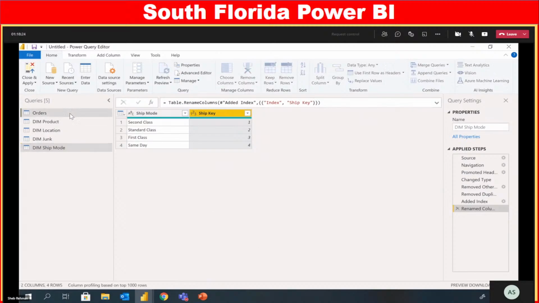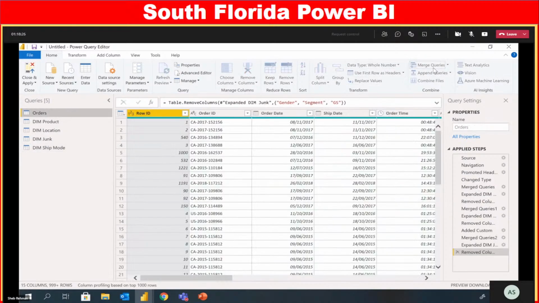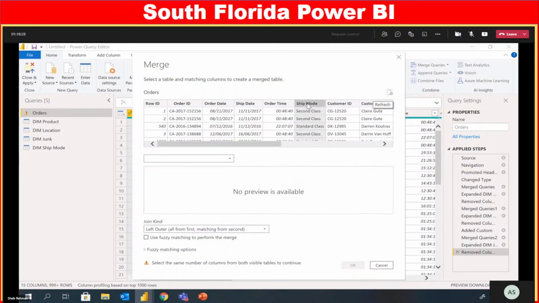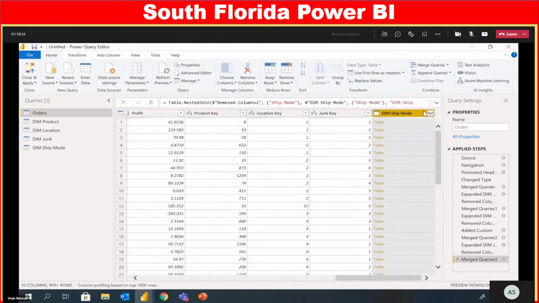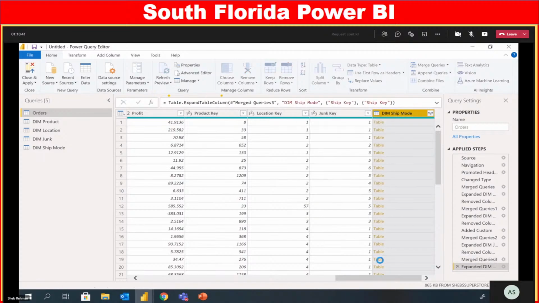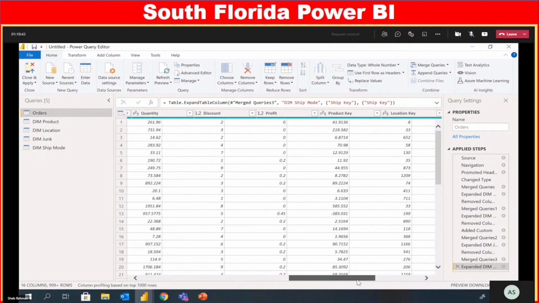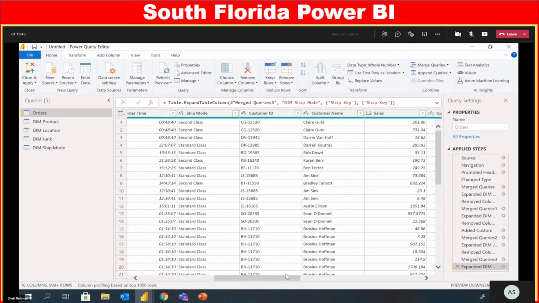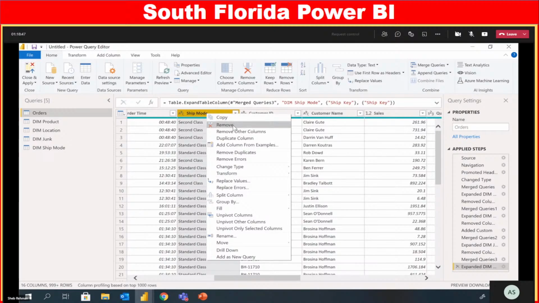Okay, now I'm back to my orders, merge queries, ship mode, select my ship mode, click OK. And then I'm going to expand my table with a ship key only. And once I've got my ship key, I can go over to here and remove my ship mode from the